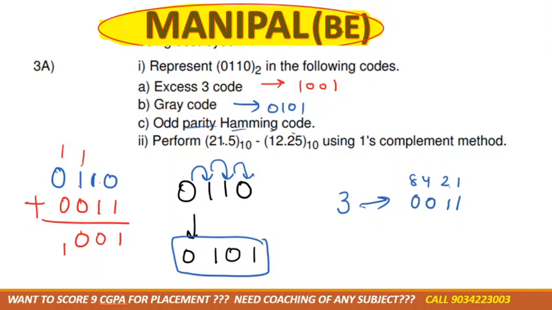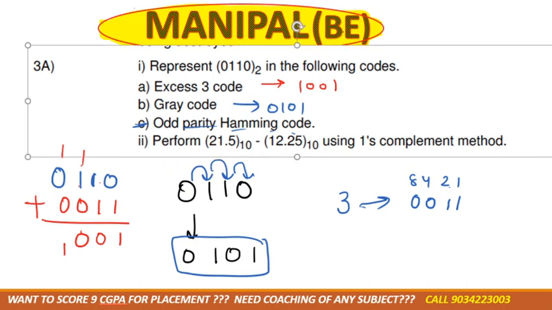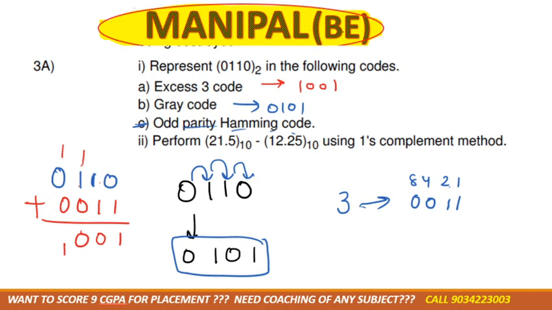Now next one is odd parity Hamming code. Leave this one for once. Next one is this, obtain this by using one's complement. So